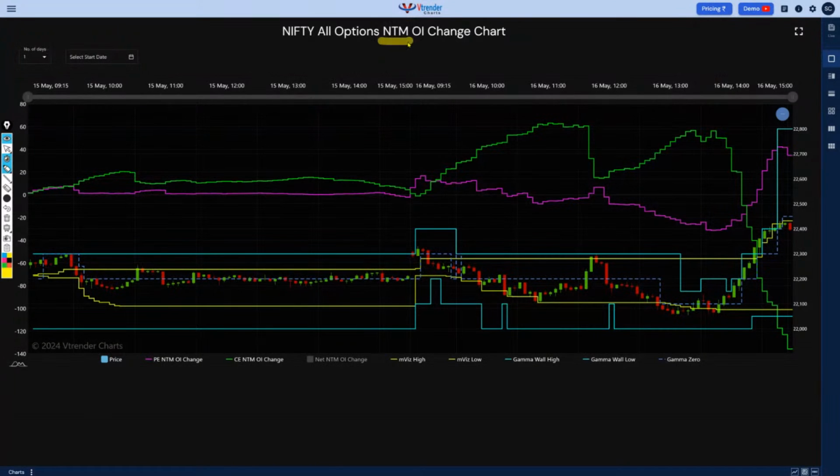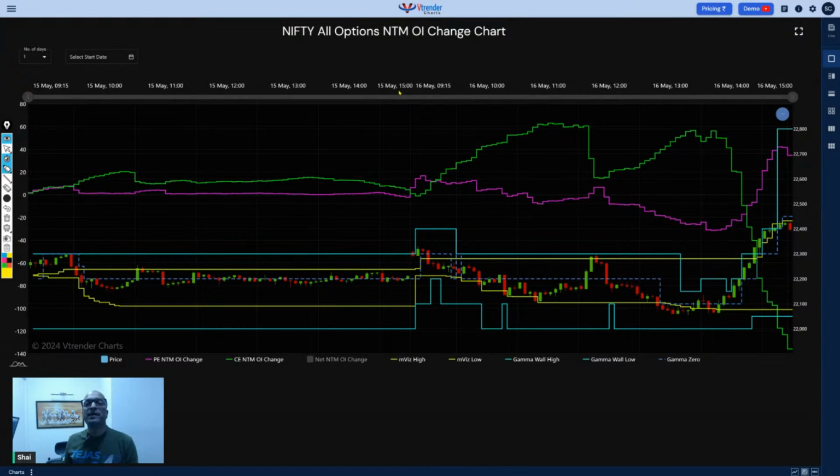NTM is near the money. Now what is NTM? NTM is one in the money strike, one at the money strike, and one OTM strike, and we keep it such that we are focused on only NTM spreads or strikes only, right? Whatever the market does, we are focused on that at the money, in the money, and out of the money. And if you go back and check where the volume is traded,